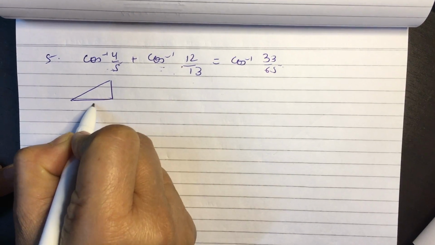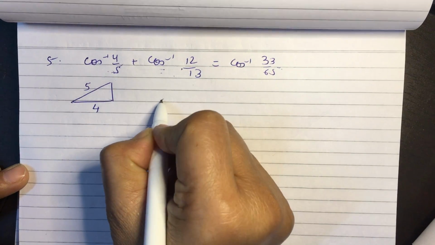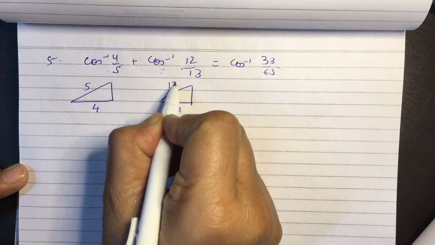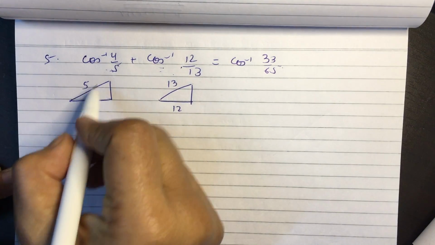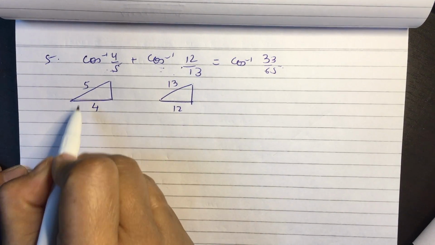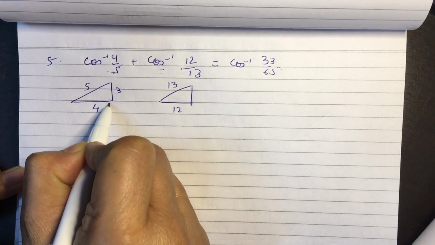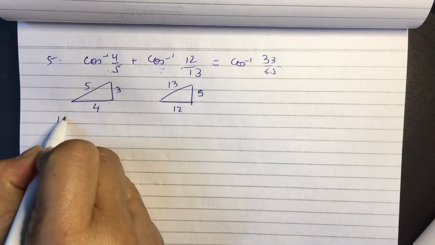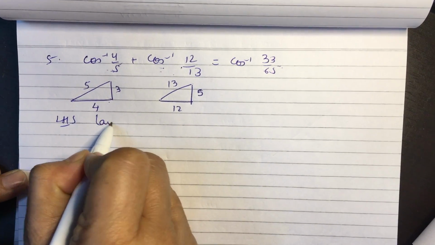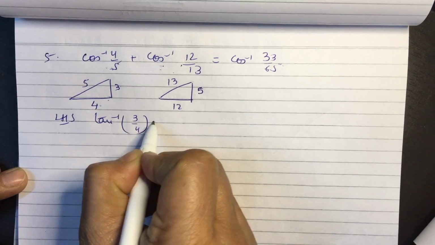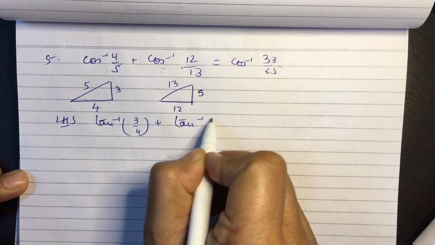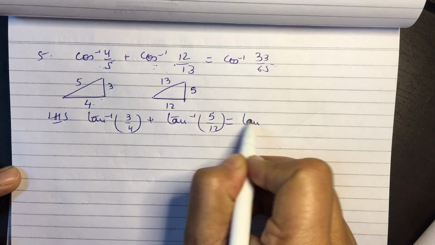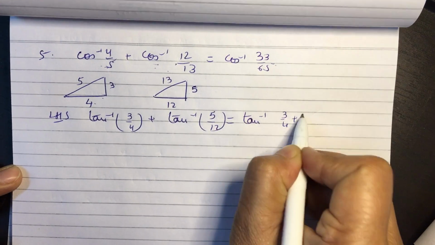4 by 5 means base upon hypotenuse, and 12 by 13 means base upon hypotenuse, and this gets solved. Now what do we get here? The third side would be 3 and here the third side would be 5. So the left hand side becomes tan inverse 3 by 4 plus tan inverse 5 by 12, which becomes tan inverse 3 by 4 plus 5 by